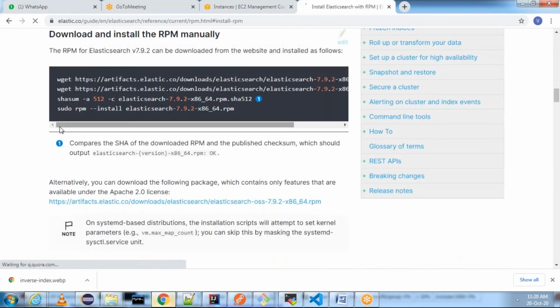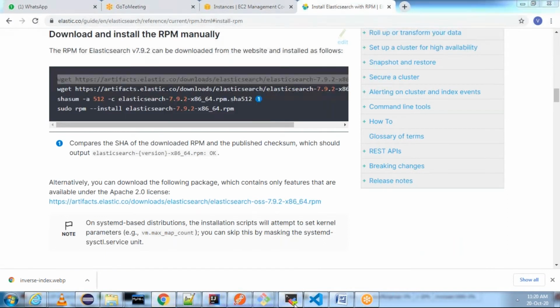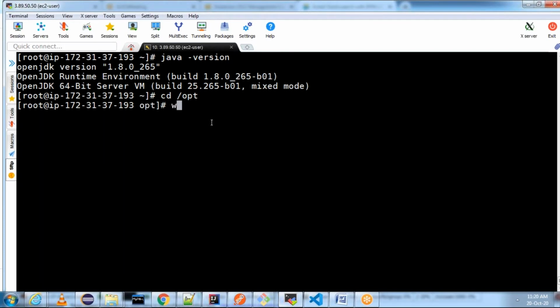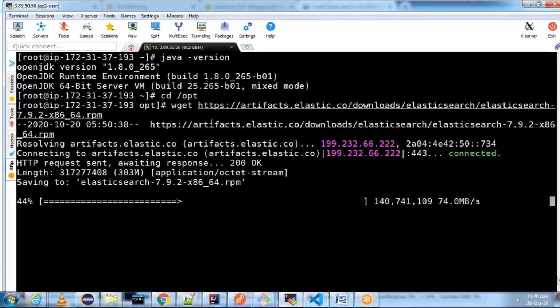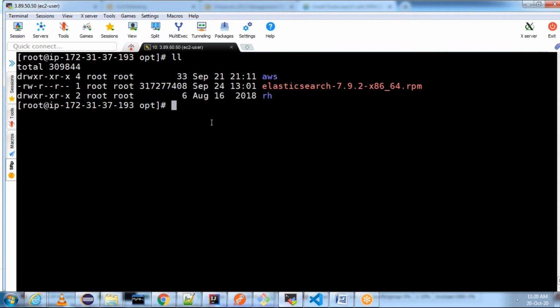Click on this, and the first link will give us the RPM. Copy this and go to the opt or tmp folder and download the RPM file here. Now Elasticsearch 7.9.2 RPM file is downloaded. You can install the RPM using rpm -ivh elasticsearch.